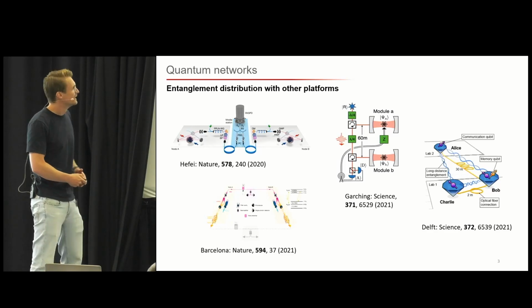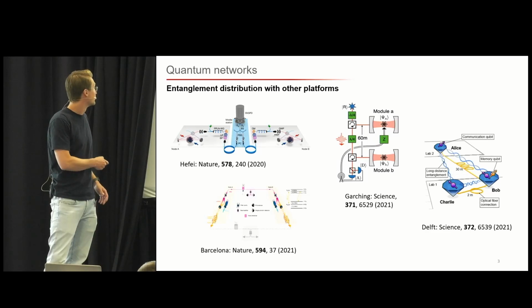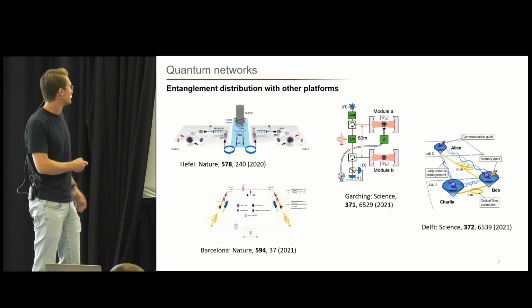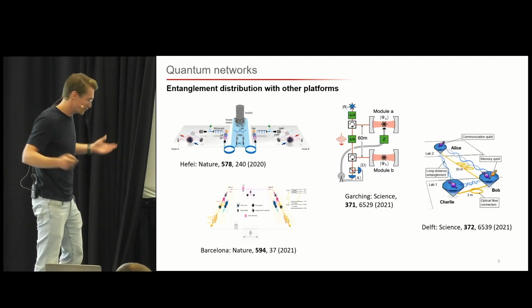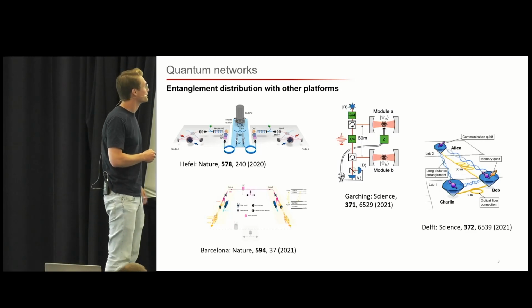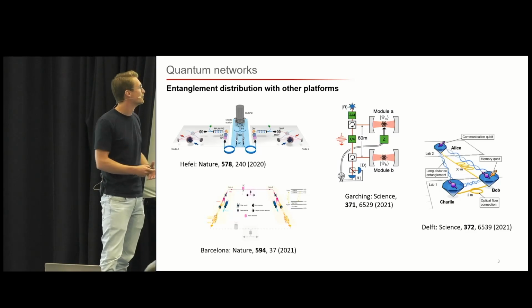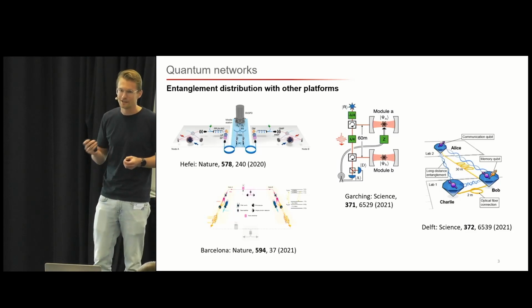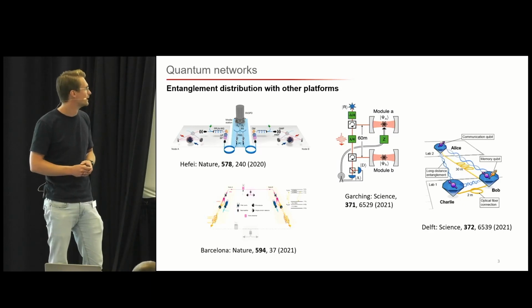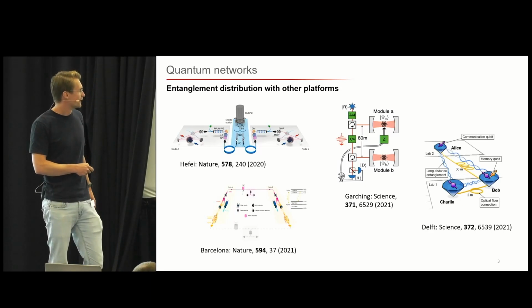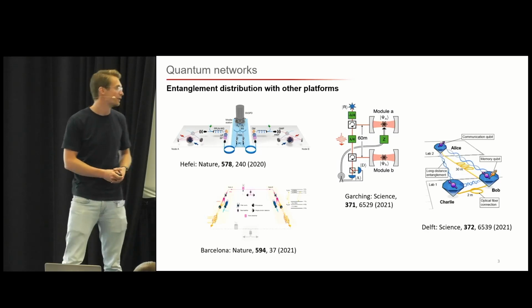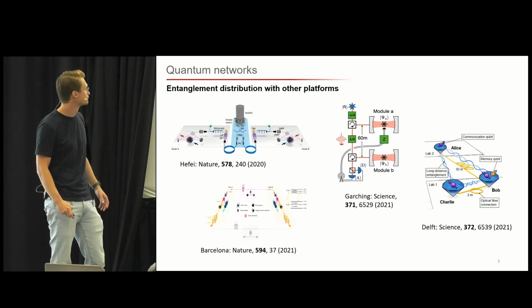We're not the only ones doing long-distance entanglement distribution. Over recent years there were quite some interesting and really nice experiments. For example, not only using single rubidium atoms, here they use atomic ensembles to entangle them, or at the Rempe group, they use single rubidium atoms coupled to cavities. Or in Delft, they have now for the first time realized a three-node network using NV centers in diamond.